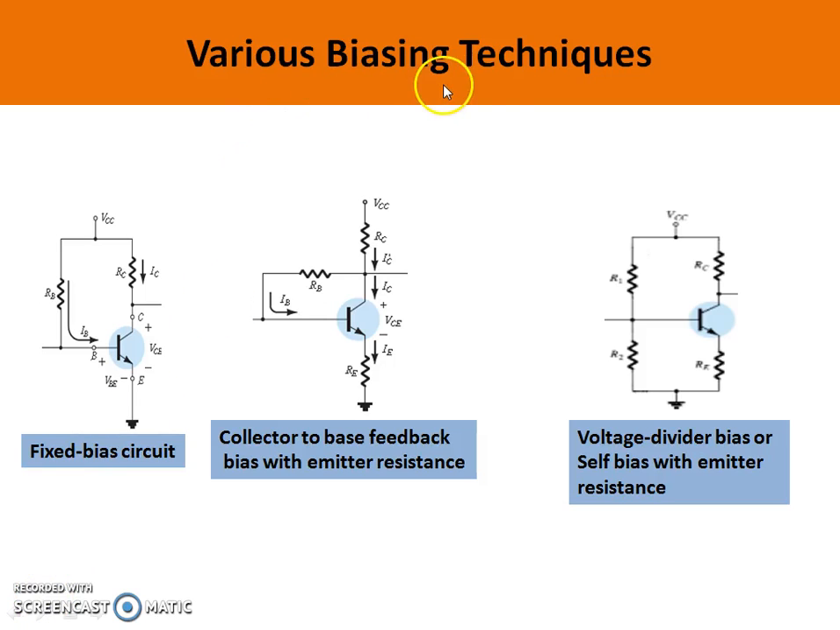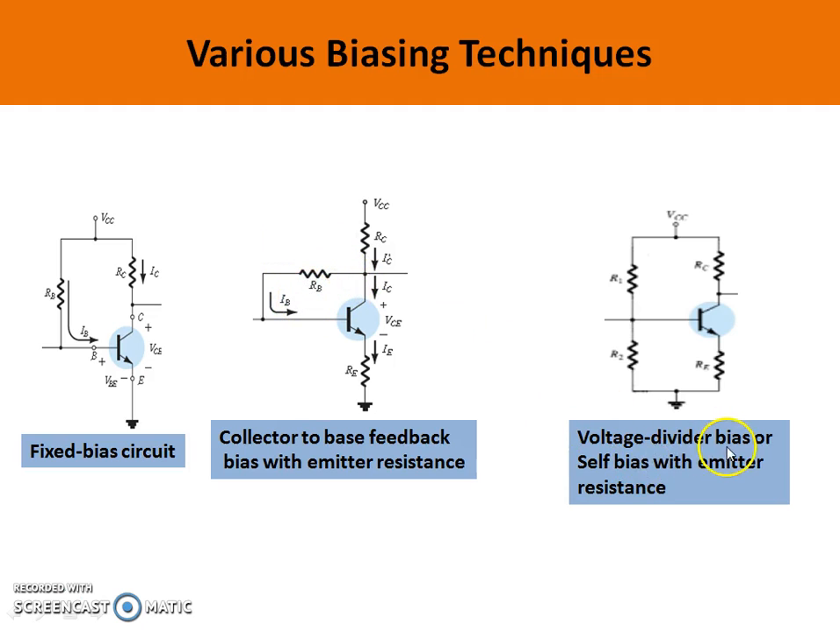Let us see various biasing techniques used to bias a bipolar junction transistor. In fixed bias circuit, the base bias is provided using a fixed value of resistor RB. In collector to base feedback, the base bias is given through collector feedback using RB,